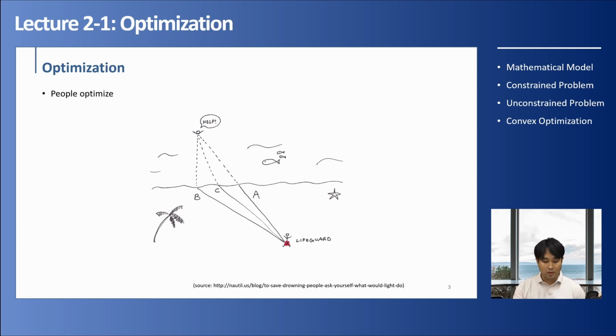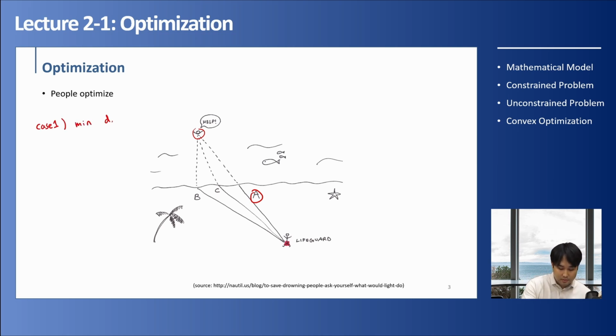Let's consider a case where a person is drowning in the sea, and our objective as a lifeguard is to save that drowning person. Here we have three possible choices, or three possible routes, A, B, and C, and we have to determine which path is the best in terms of saving that person. Now, all three choices can be seen as optimal choices, depending on how you set up your objective. So for instance, if we're simply trying to minimize the distance between the rescuee and ourselves, A would be the best or optimal route. So case 1,